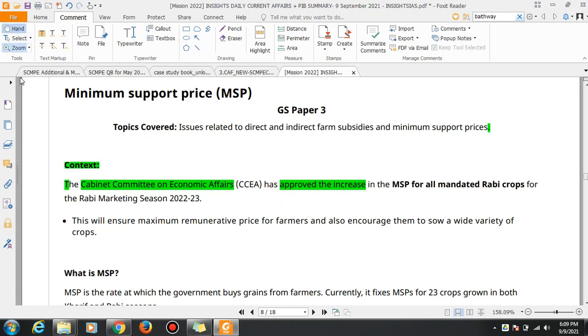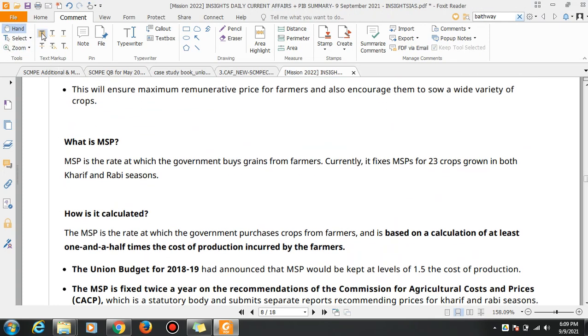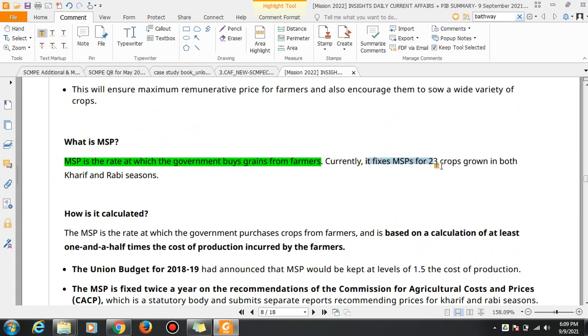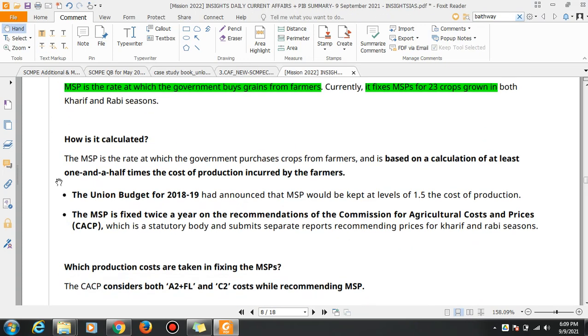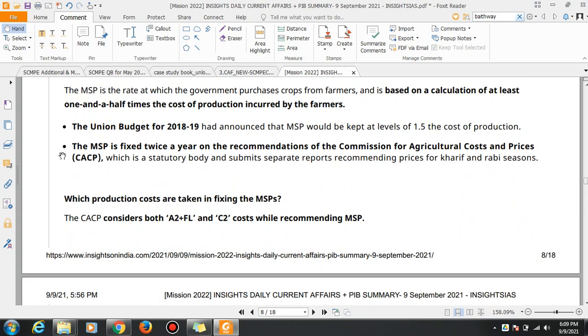So what is MSP? MSP is the rate at which the government buys grain from the farmers. It fixes the MSP for 23 crops grown in both the Kharif and Rabi seasons, based on a calculation of at least 1.5 times the cost of production incurred by the farmers. The Union Budget for 2018-19 had announced the MSP would be kept at the level of 1.5 times the cost of